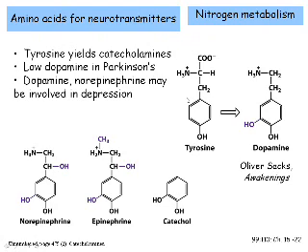Tyrosine is the precursor to a number of important ones. So this is just refreshing of what tyrosine looks like with its phenyl ring and an alcohol. And if you decarboxylate it, and add an alcohol, you now have dopamine, right? So this is just the amine group up there, and 2 alcohols off of the phenyl ring, that's dopamine. And we call this ring structure here a catechol.